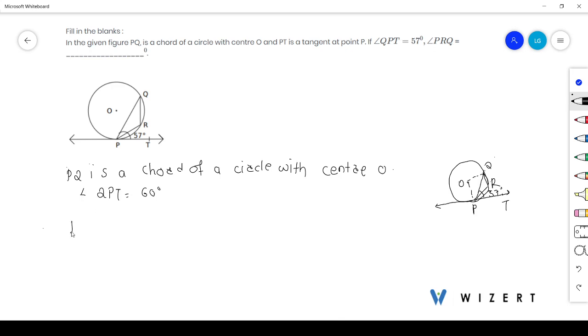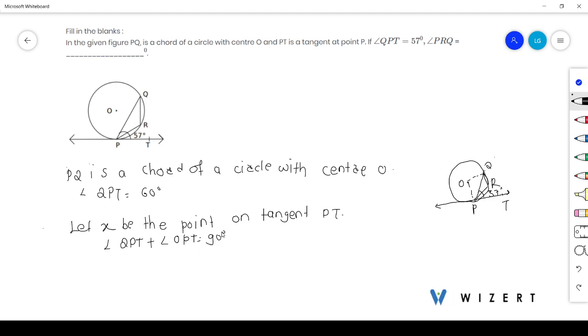Now let X be a point on the tangent PT. So angle QPT plus angle